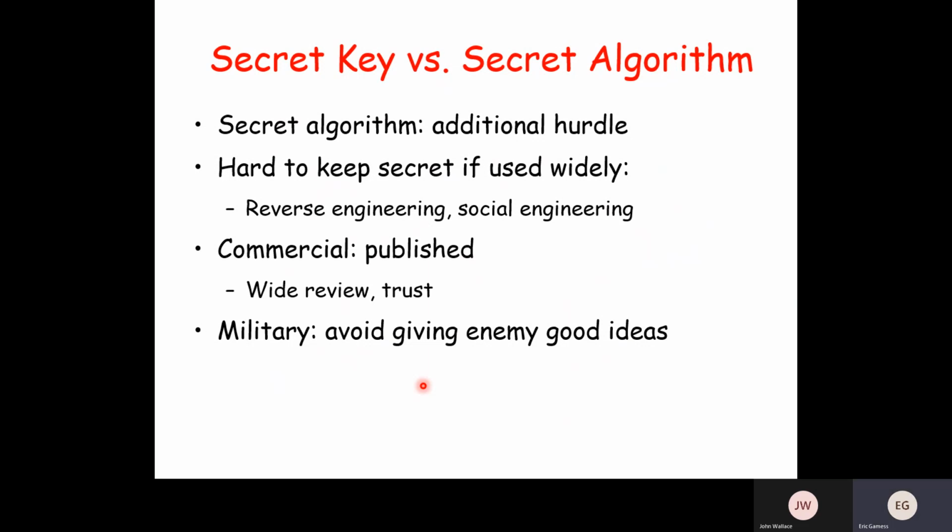The other possibility is that you develop an algorithm and you publish it. You make the document of the algorithm public. So you publish it in a conference or a journal. So you want cryptanalysis people to look at your algorithm and to try to find weaknesses in your algorithm.